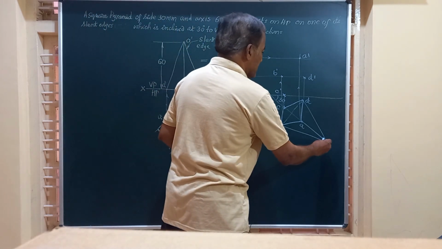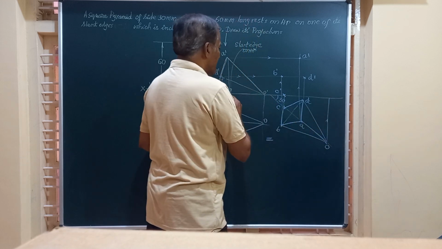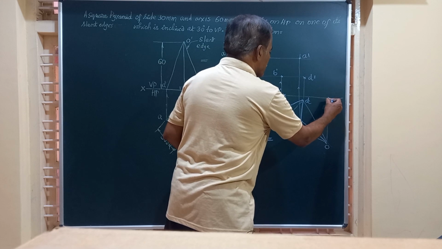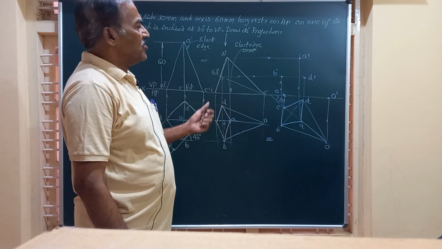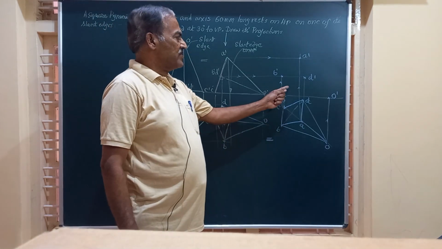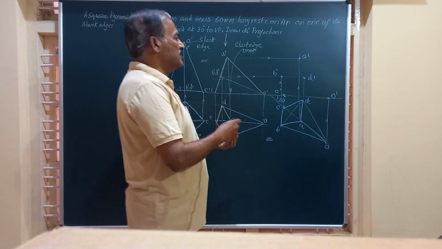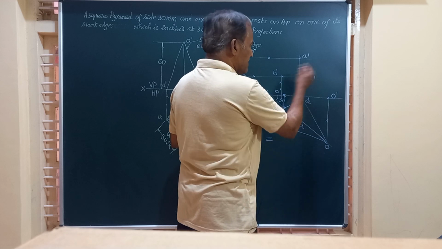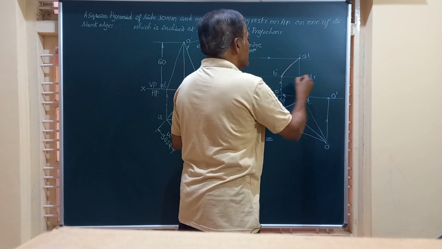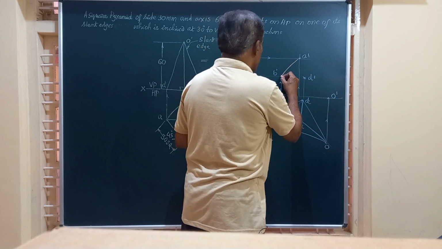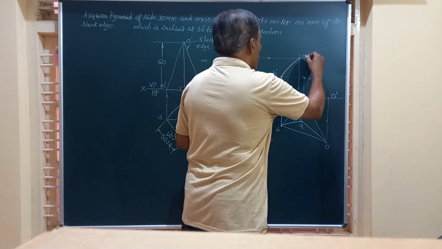Then we will mark the vertex. Draw a vertical line from O and a horizontal line from O dash. They meet at this point. We'll call this O dash. Friends, we have got all the 4 corners of the base and also the vertex of the pyramid. So let us join all these. First of all, the outline of this figure. I am going to join A to B, B to C, then C to O, then O to A,